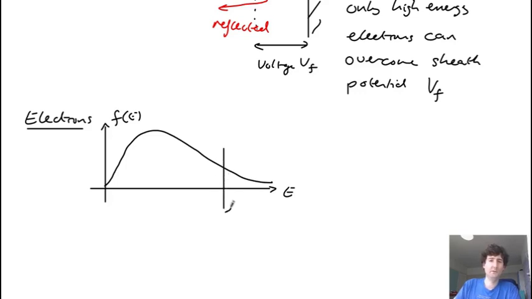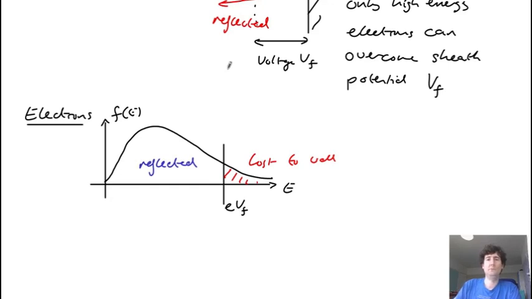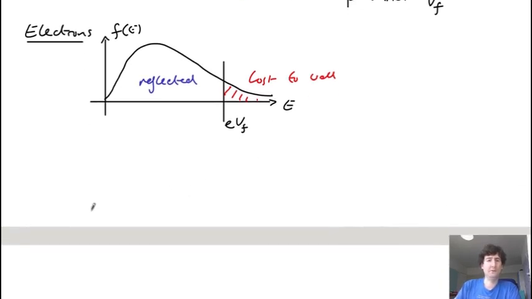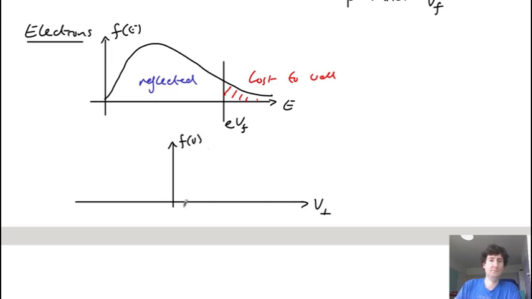here where this is the potential of the wall, and so these electrons here are lost to the wall, and these electrons here are reflected, and so if we draw the velocity distribution function now, so this is like v perpendicular to the wall, and this is like the velocity distribution, so it's essentially a Maxwellian,